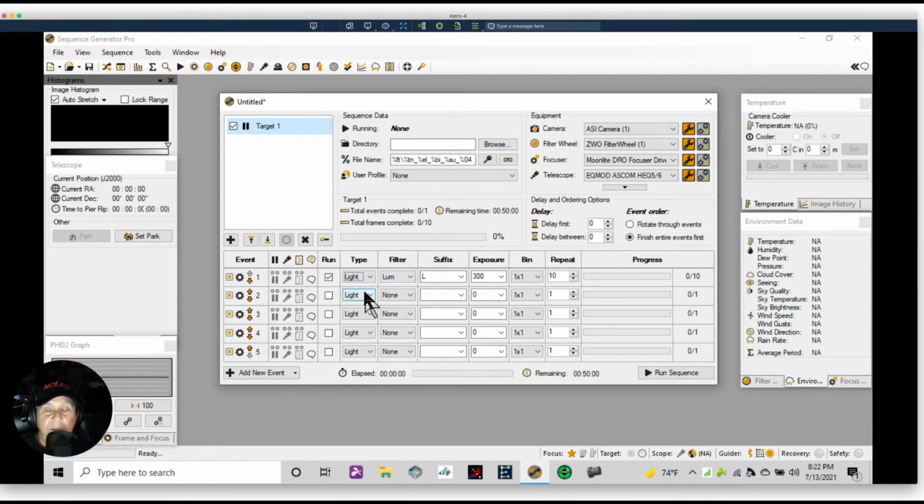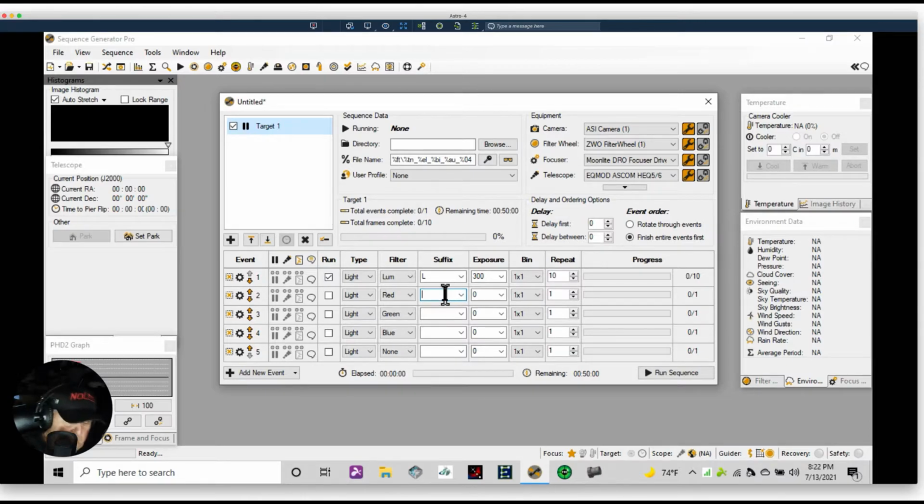They'll create the directories for each of the bias, light, dark, so that those are kept separate in the saving of the files. And then you might have your red filter and green filter and blue filter, and I would